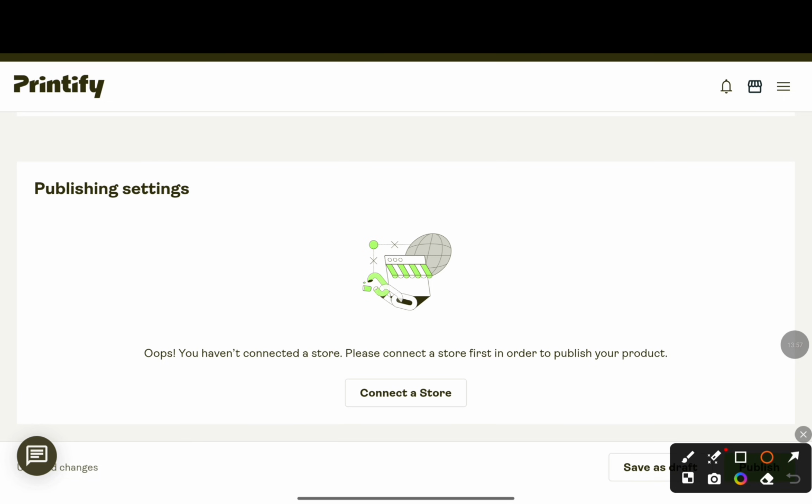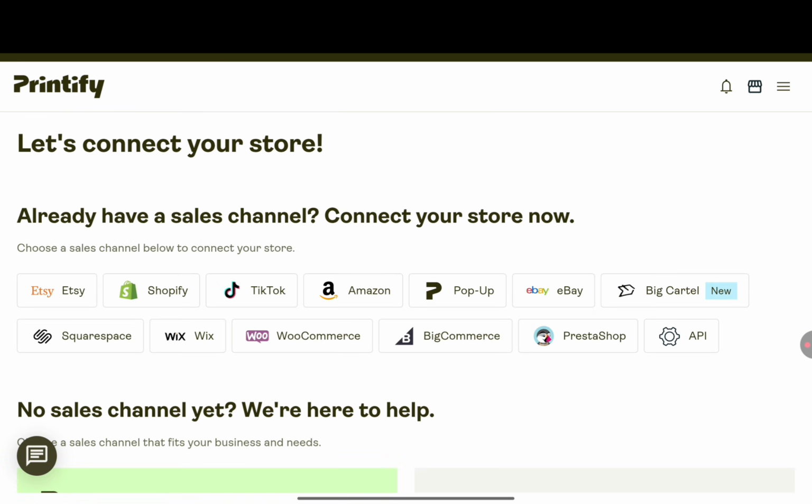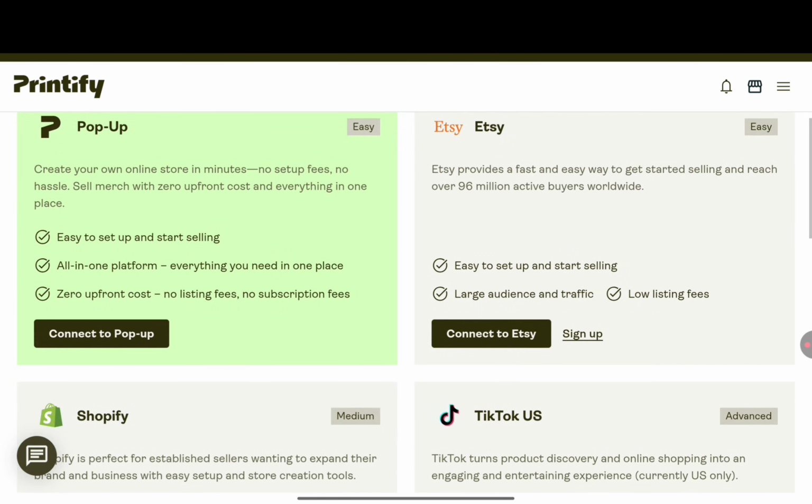So all you have to do to get that is go ahead and click on connect store, and it's going to pop you up to different platforms. You're going to see we have TikTok, eBay, Amazon, Shopify, Etsy, Squarespace, Wix, WooCommerce, BigCommerce. So if you have your own personal website as well, you can also put it there. But I mean, you have to run ads, you know. All these things you can run ads if you really want to, if you want to put money into it, right? You can have a target.